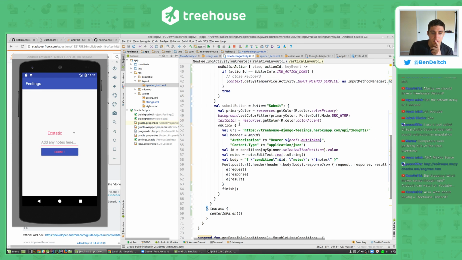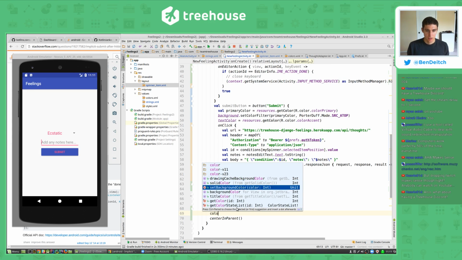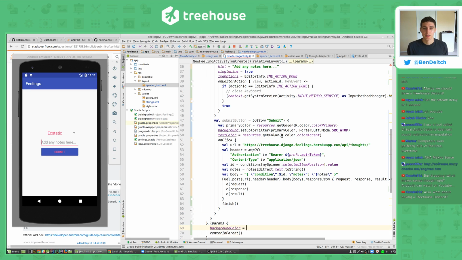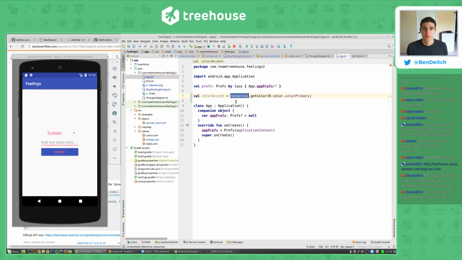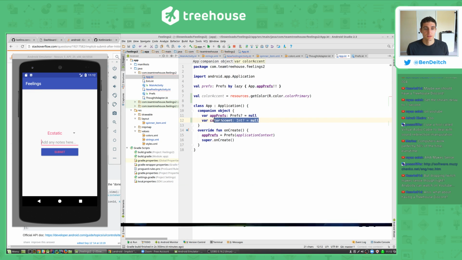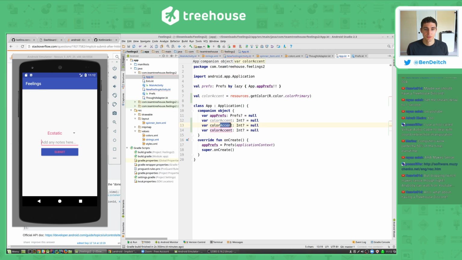Let's try this. Let's do the vertical layout, which is centered, and let's give this a background color. So background color equals, and here's a cool thing that I'm going to do. Let's get this color, and let's get our app file. Let's do some fun things here. So let's call this val color accent equals, and you're going to say that we can't do that, of course, so let's do the same game that we're doing with app prefs here. Which is going to be an int that's null, so question mark meaning it's nullable, and then we'll do primary